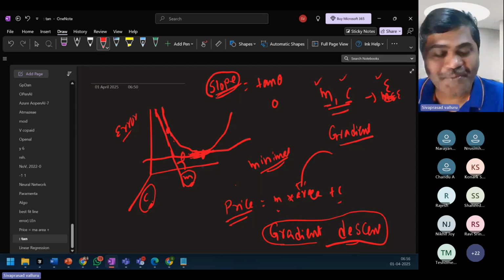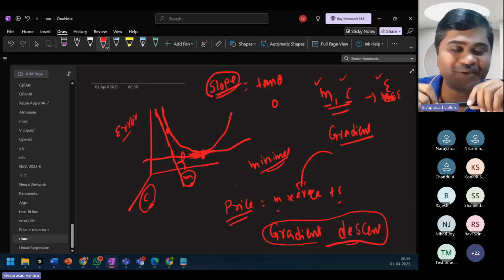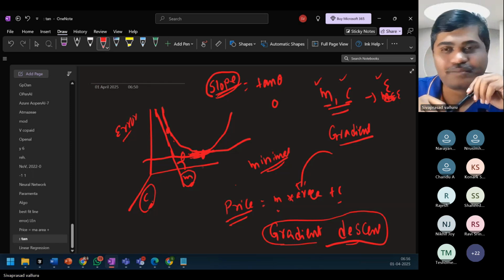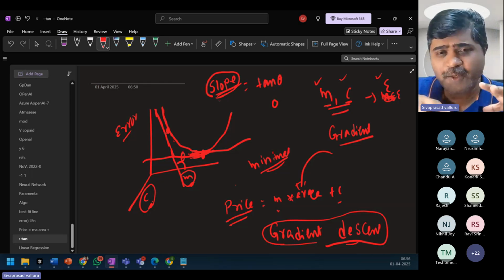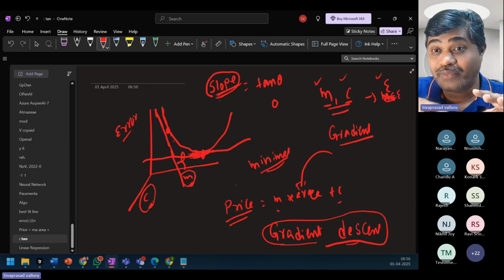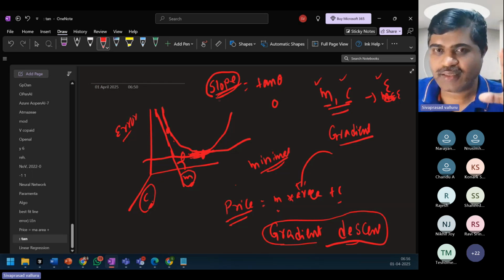Exactly. If you remember your calculus, the derivative is 0. Fine. So any queries till now about the technique of gradient descent?